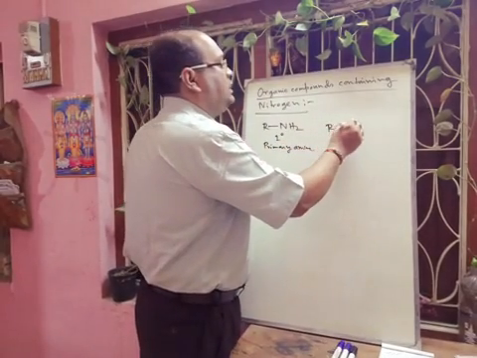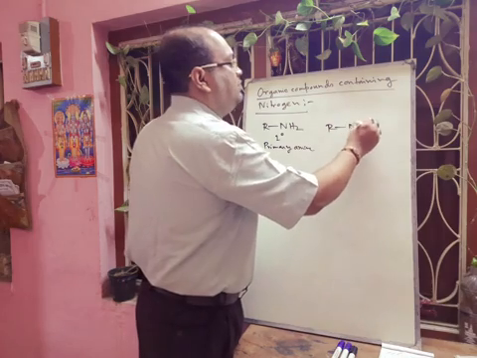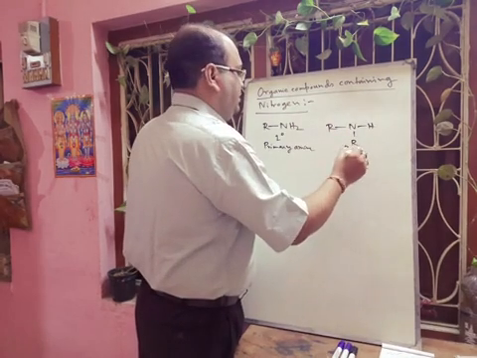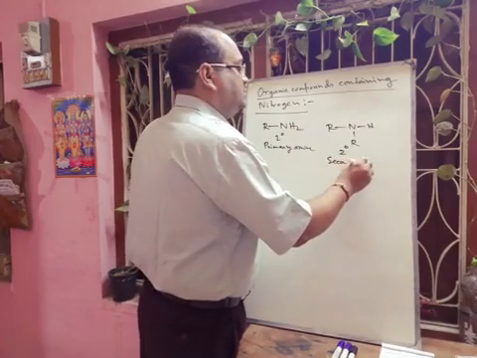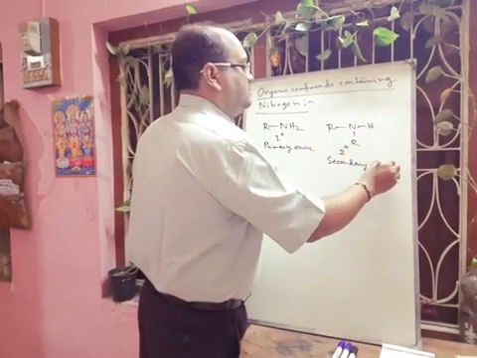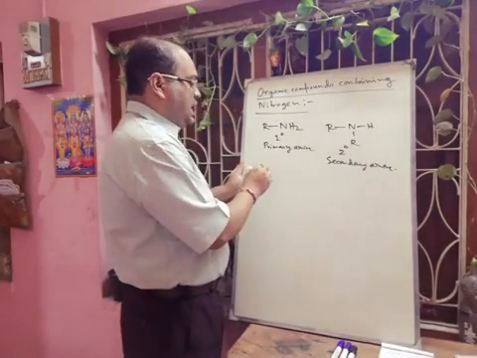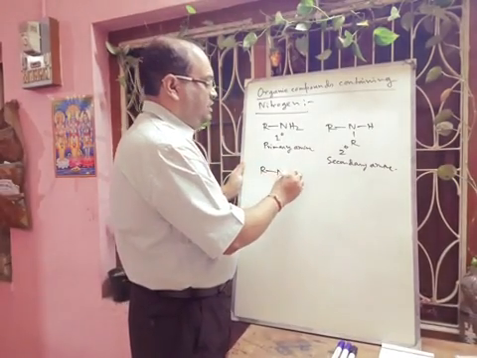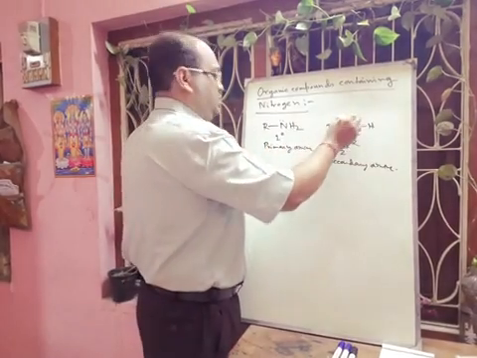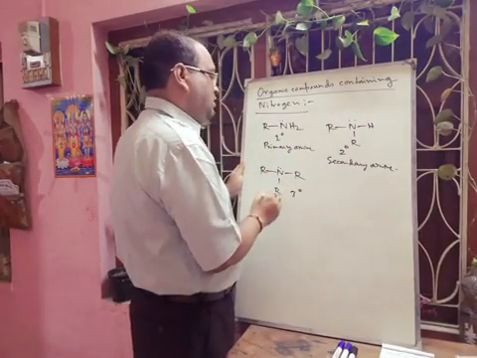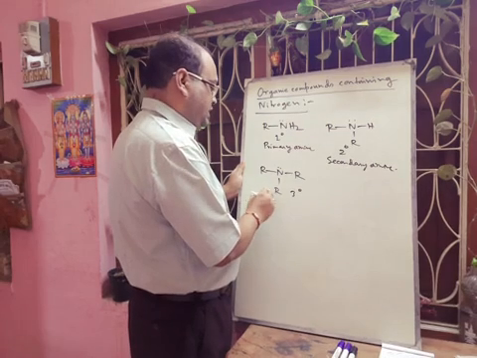When 2 alkyl groups are attached, it is called 2 degree amine or secondary amine. When 3 alkyl groups are attached, it is called 3 degree amine or